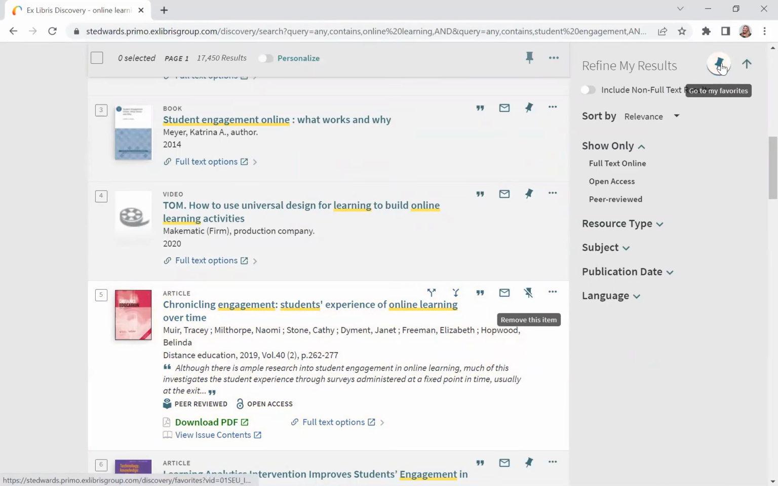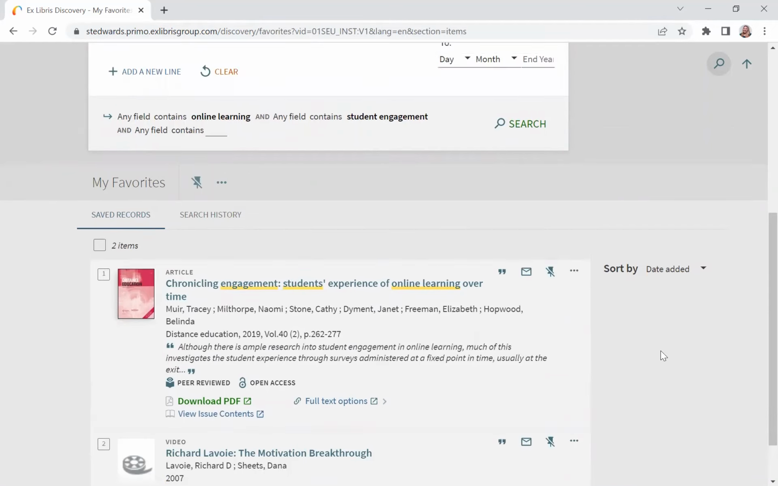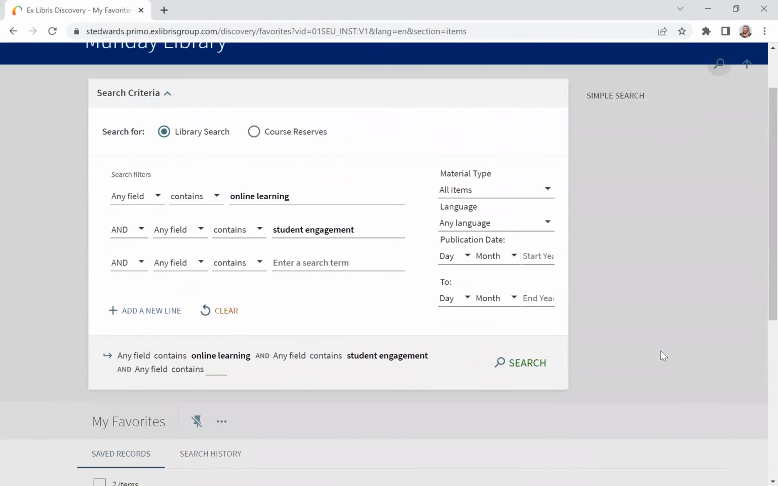You see up here, then you can go to my favorites. Make sure you're logged in, so it'll save stuff from previous searches. It will also save your search history. So if you have a search you've done in the past, that's a great way to re-access that search that you've done. So that was just a quick video on some starting tips and tricks for searching for